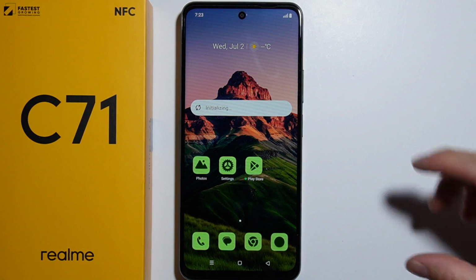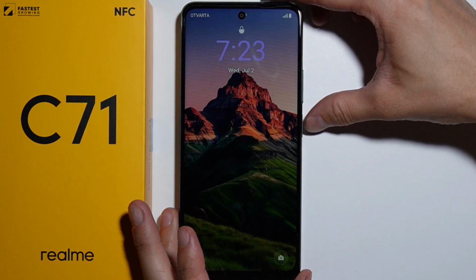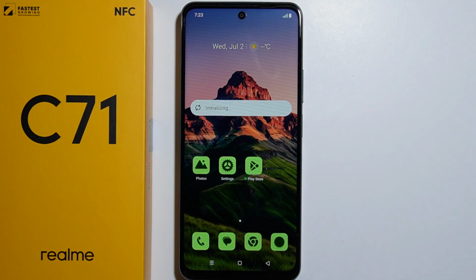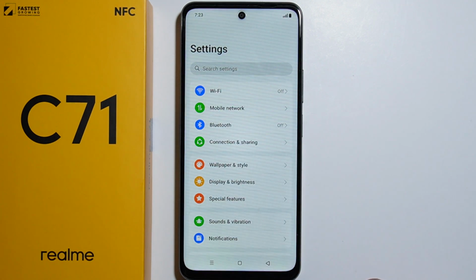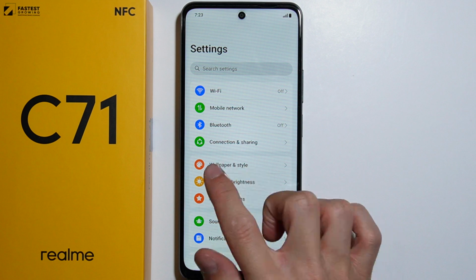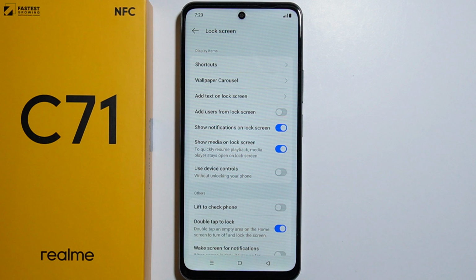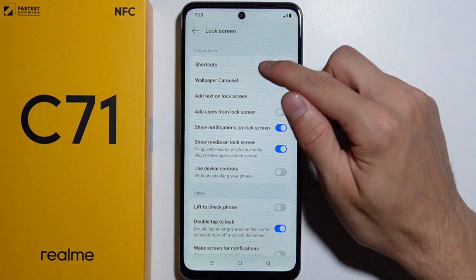To change lock screen shortcuts on the Realme C71, let me quickly show you how you can do this. First of all, you will have to go to the settings, and from here move into the wallpaper and style. From here you have to go for the lock screen, and you can find all the way at the top